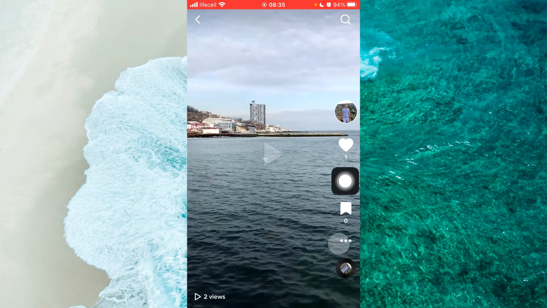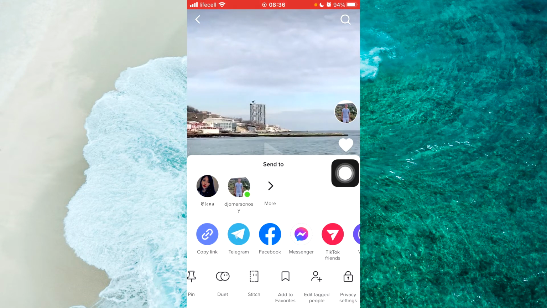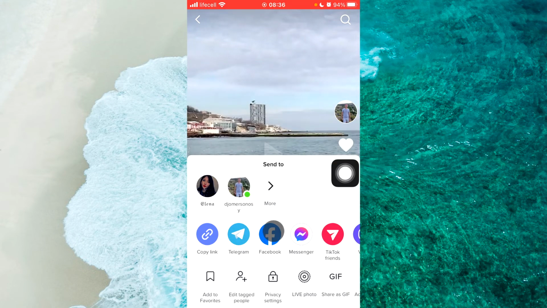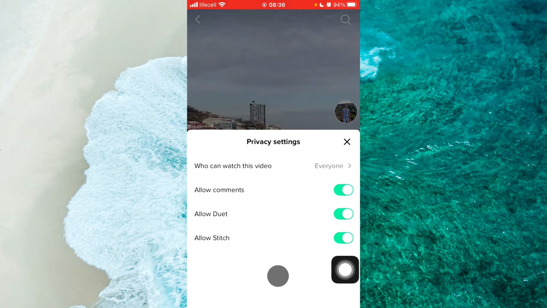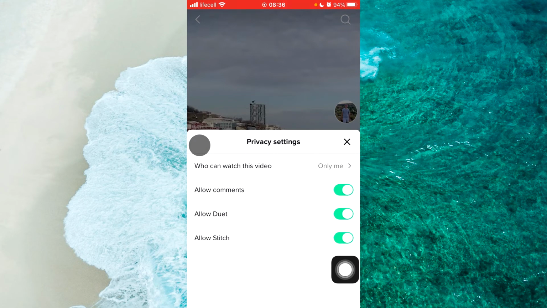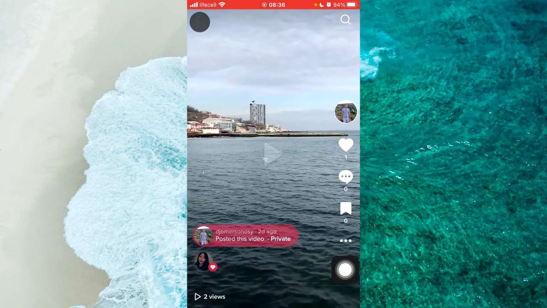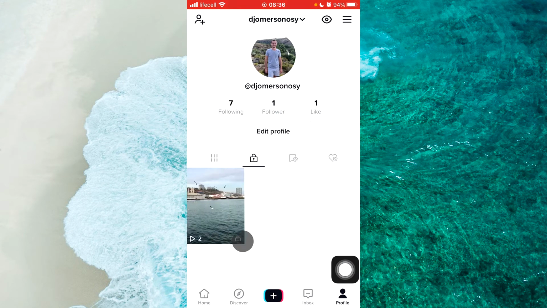In any video, you'll be able to see three little dots. Simply tap on it. From the pop-up menu, you'll see some different options at the bottom. So we should swipe from right to left and find privacy settings. Tap on it and you'll be able to see who can watch this video. By default, everyone is selected, but we can change it and select only me. That means for now this video is private, and if you go to the lock icon, here is the private